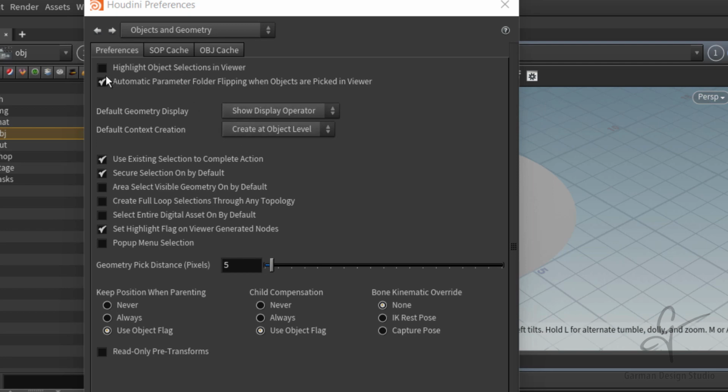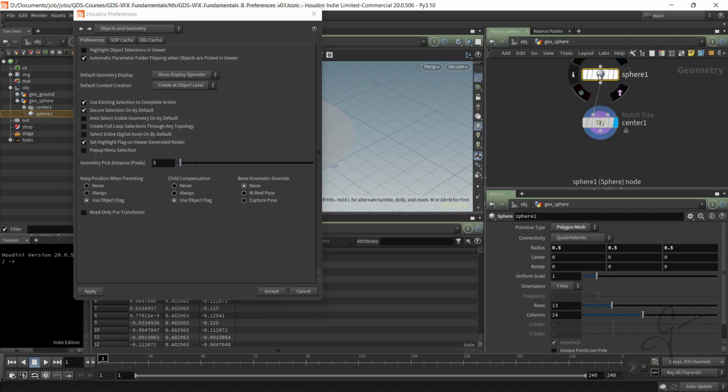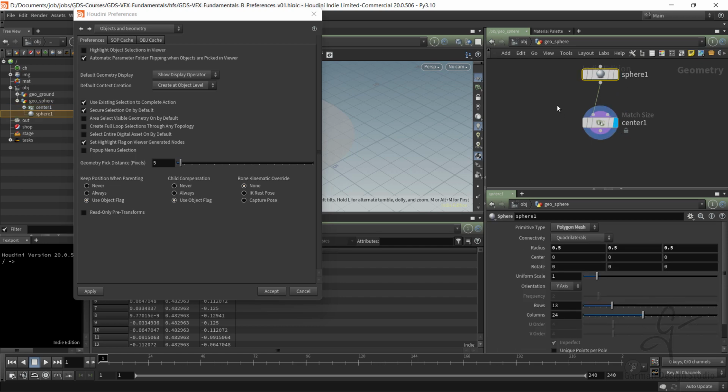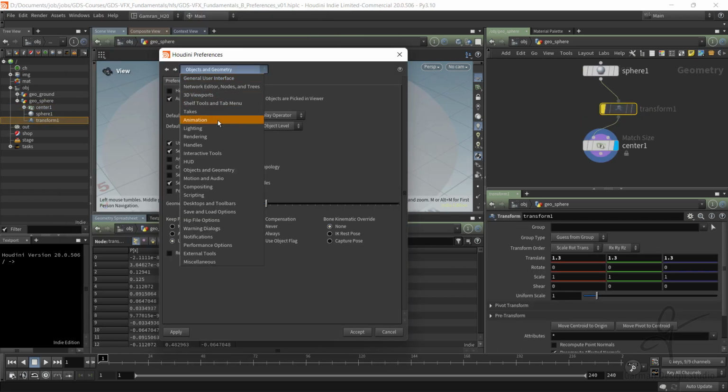And so it can be useful when you have a really densely populated scene. This is something that you might want to turn on and off. But the display operator, if you're inside an operator like the hip, it's either going to show you the one that's selected, if it's the pick one, and it'll also show you the display. So you kind of get a ghosted look. So on the next page,